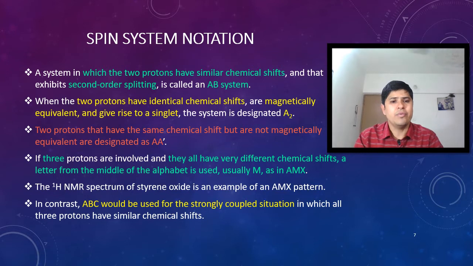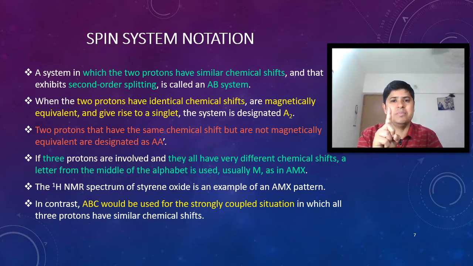When the two protons have identical chemical shift, that will give one peak only. So they are magnetically equivalent, these two protons are converted into one peak, as they have similar chemical shift, and they give rise to